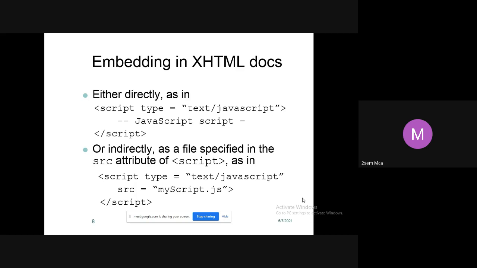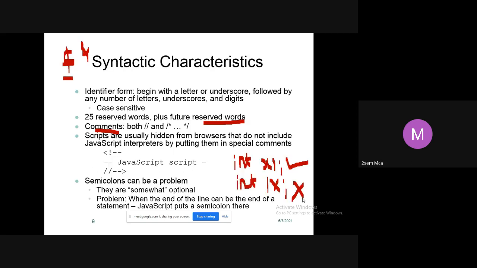There are two ways to embed JavaScript into the XHTML document: one is direct, and the other is indirect. In direct, we just write the code directly. In indirect, the code is somewhere else, and that program we call in the XHTML document. Those two methods we have seen.